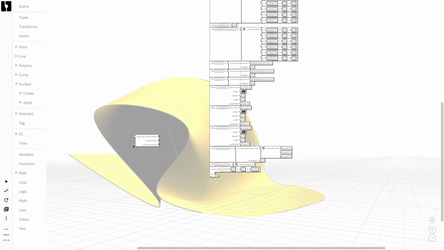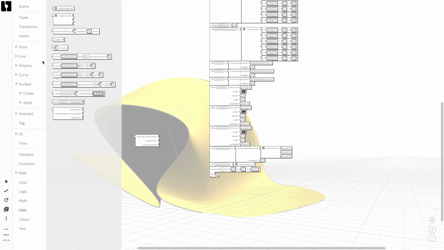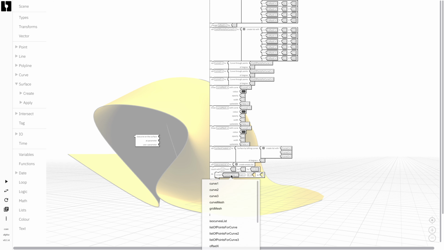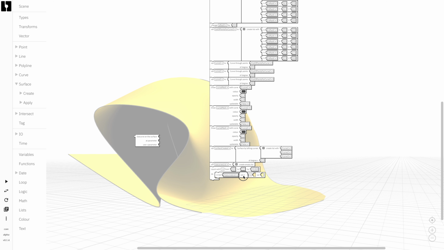And now what I can do is I can say I am adding an isocurve to the list every time the iteration runs. So we did that already with the points when we were creating the grid, and we will be inserting at the last element this isocurve,